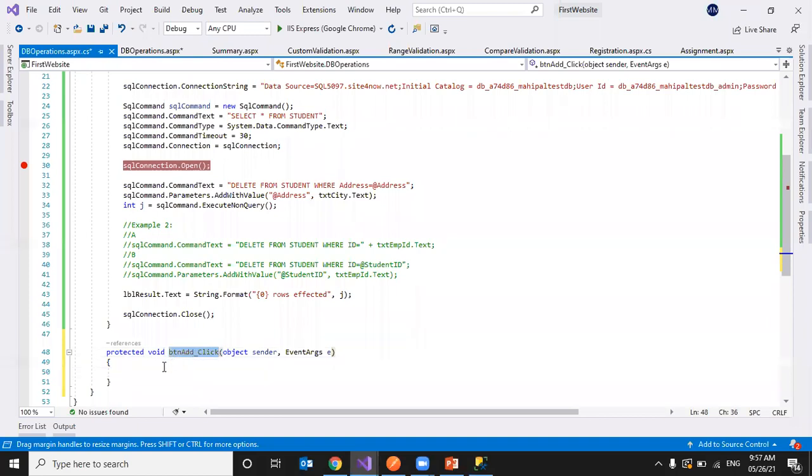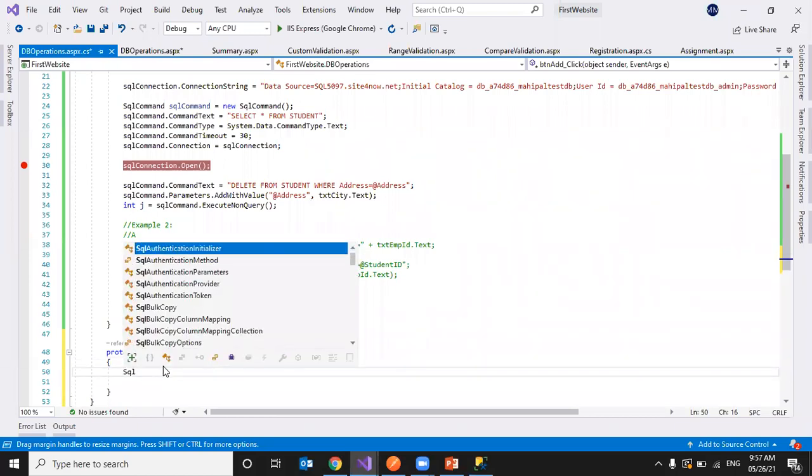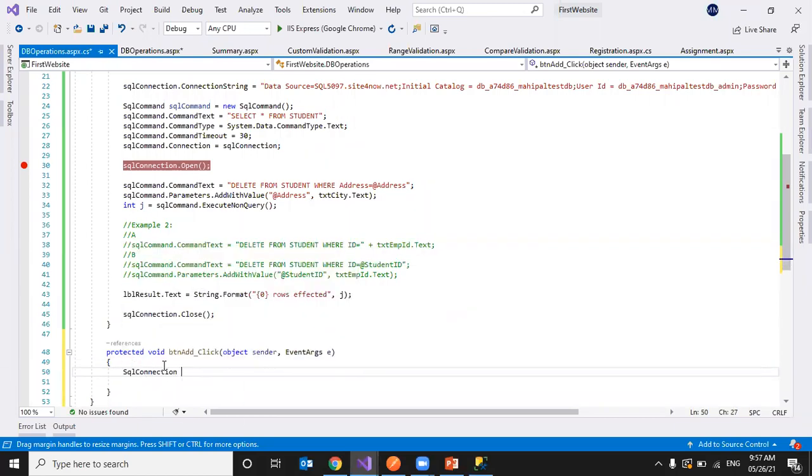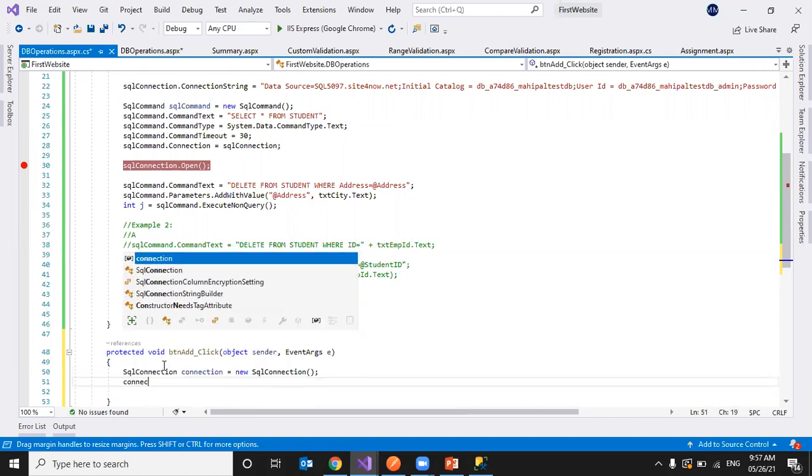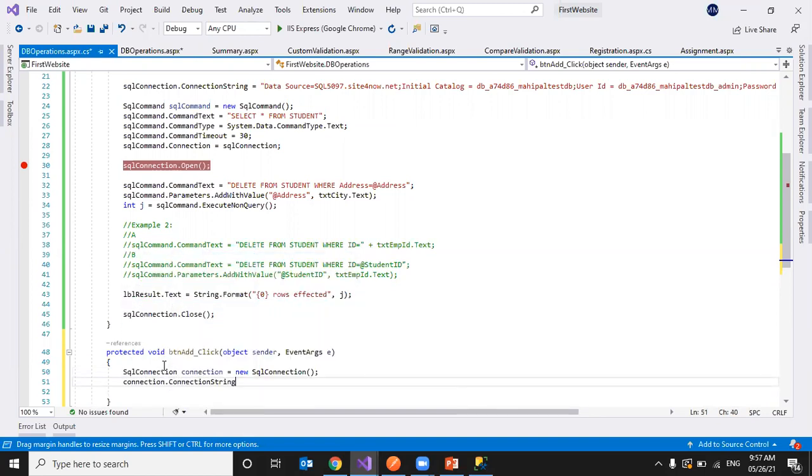When I click on this button, I want to add the student details. For that, first I have to create a connection: SqlConnection equal to new SqlConnection. Then I can give the connection string equal to the value I have here.